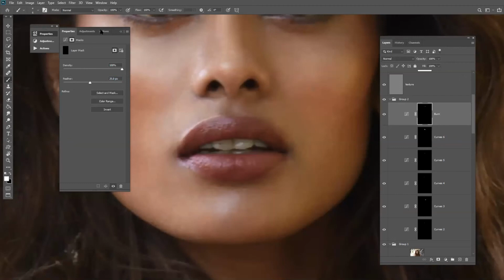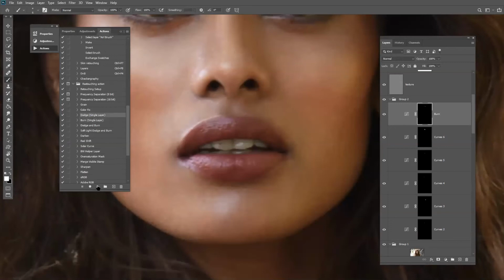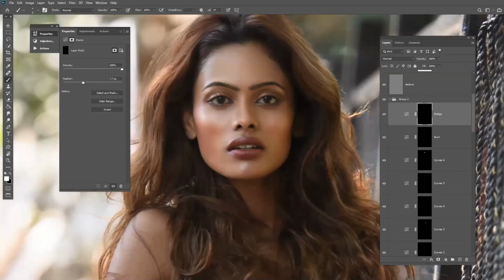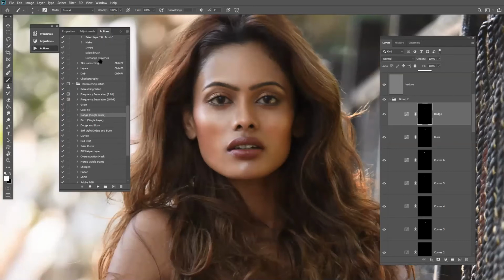Here we can easily dodge and put a little highlight. So here we can sharpen with a dodge layer. We can give a distinct character to the face.